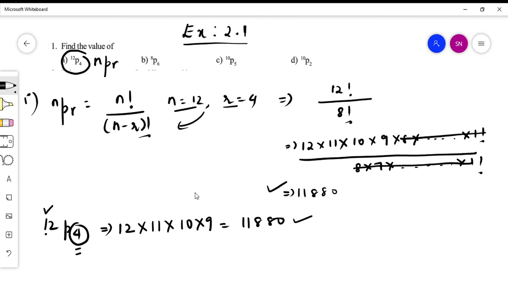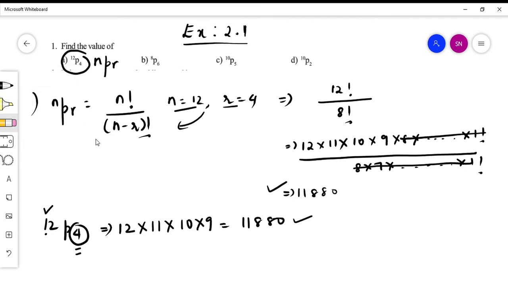I hope the concept is clear using the formula method, and also it is clear using the non-formula method, using the suffix and the upper limit method. Okay, now coming to the next question. Again, next question you have it as